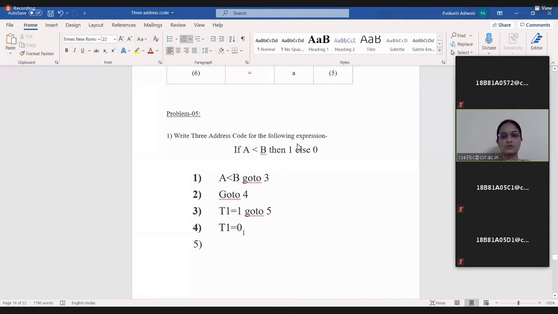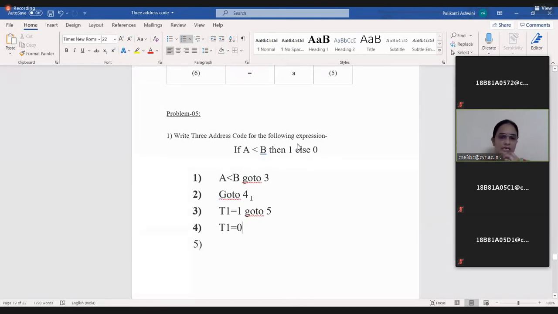We have assigned the value 0 to T1, and after printing the else part, it has to come out of the if statement. That is the fifth statement. So after executing the third, it should jump to the fifth, and even after executing the fourth, it should jump to the 5. This is the way to write the code.